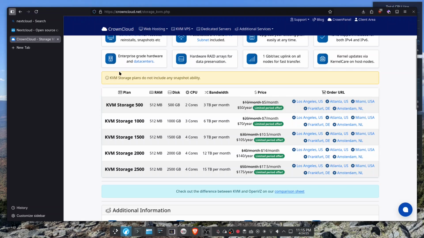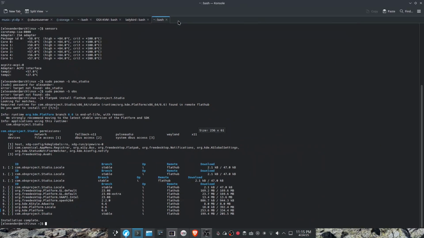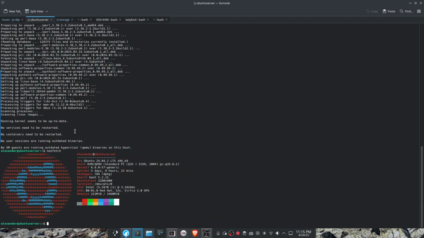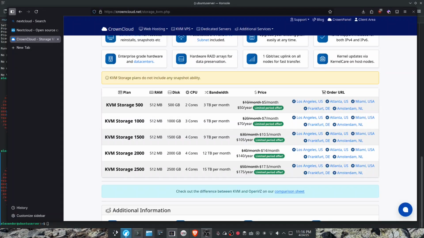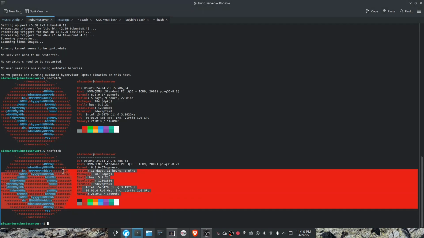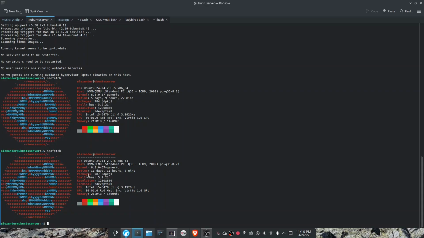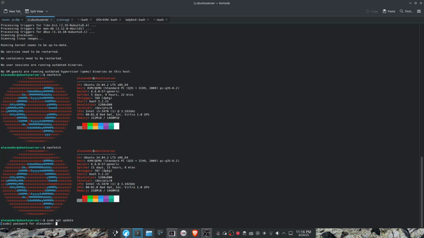Alright, so how to install this? You'll want to first get your VPS, and you'll want to SSH into your VPS. So I have this server over here that is on my local network. So it's right here, and you'll want to install Snap, which should come pre-installed on every Ubuntu install. So this is Ubuntu 24.04.2, and you'll want to make sure that all packages are up to date,